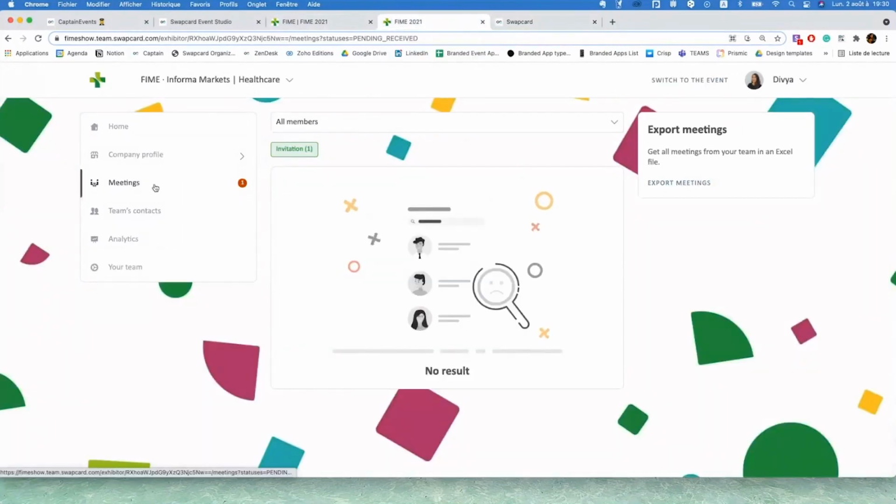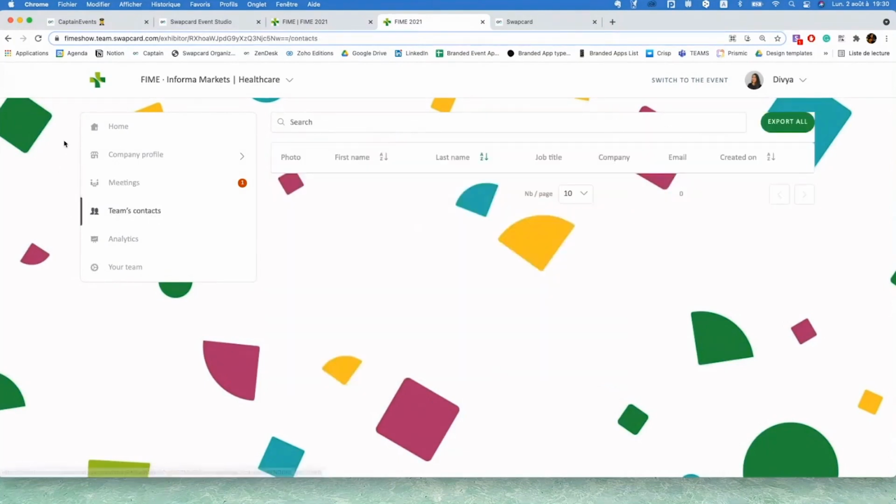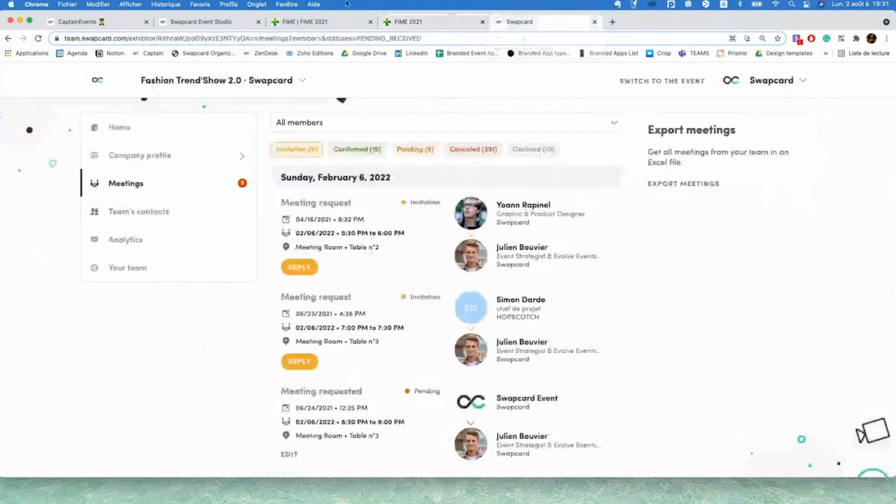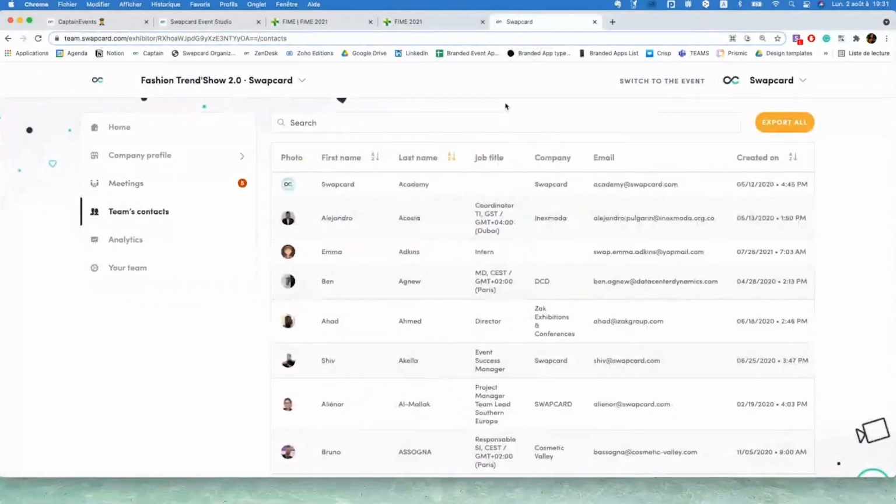Then if I continue in the exhibitor center, you have the option Teams Contact. So this is where you will see all your Teams contacts. So the one that you have made yourself and the ones made by the whole team. So let's take the demo event as well here, as we don't have any contacts made yet for FIME. So for an example,